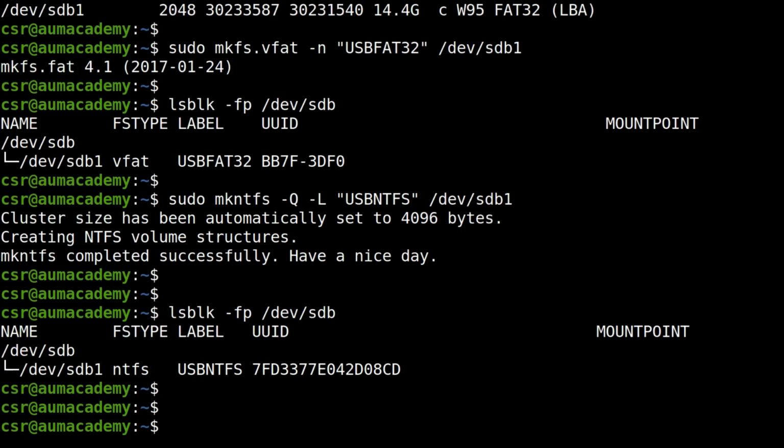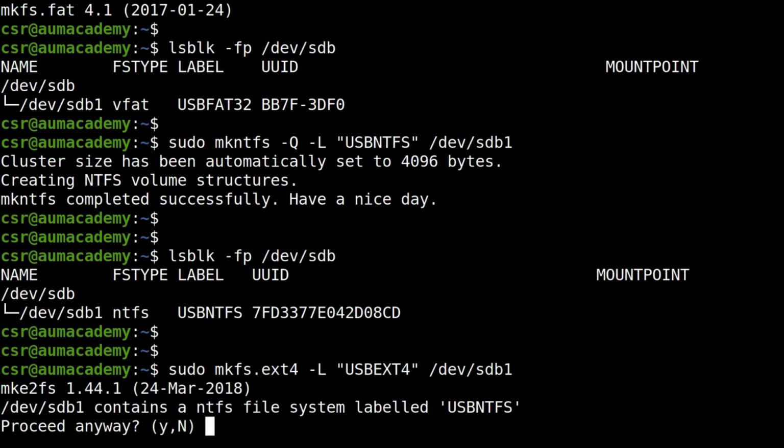For the Linux-based ext4 file system, type sudo mkfs.ext4 -L usb ext4 /dev/sdb1.